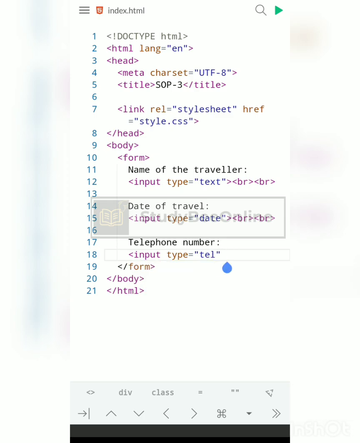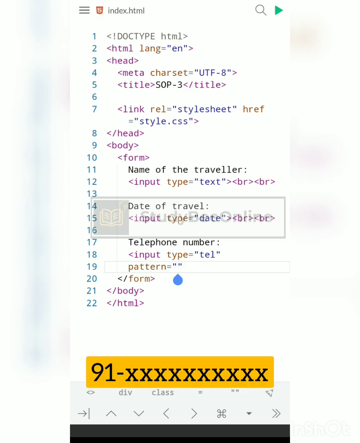After that, whenever you wish to accept mobile number or telephone number from the user, you can provide pattern for it. For that, we have to add pattern attribute here. Pattern is equal to double quotes. I will just write it on the next line. Now inside double quotes, we have to provide proper pattern for it. Example, country code is 91, as it is country code of India. 91 is the country code, and after that 10 digits mobile number is there. So for that, pattern is, such pattern, when we wish to accept from the user, we have to first provide first 2 digits,